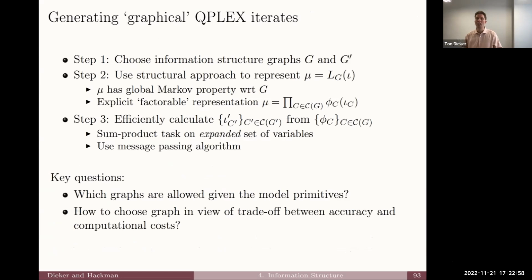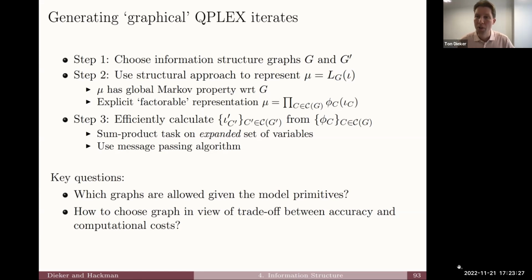Now, this slide is a kind of summary of the procedure. I think I should probably skip most of it. Other than, I just want to say, we heavily use techniques that have been developed in the context of probabilistic graphical models, and also the corresponding algorithms. Okay, so some details are given on the slide, but key questions for us have been, which